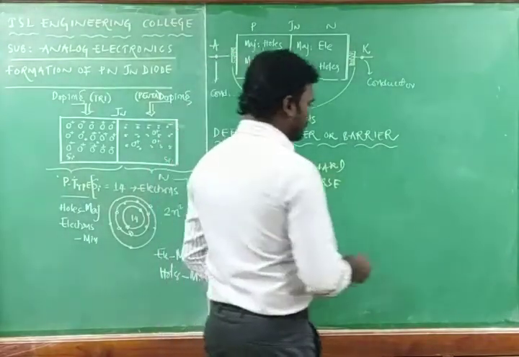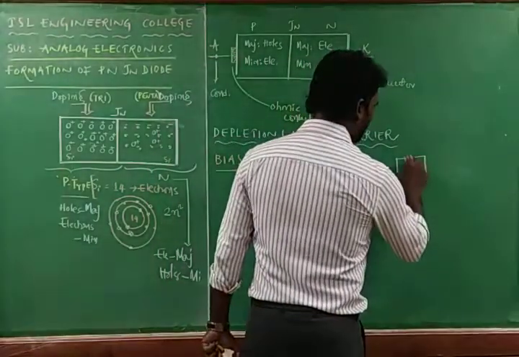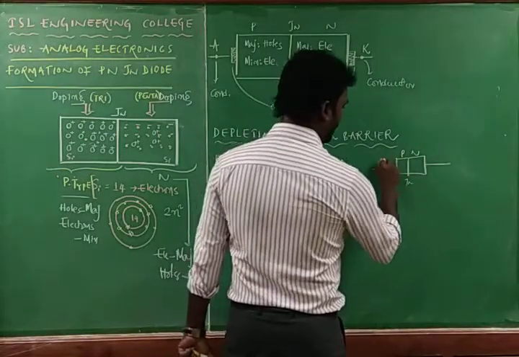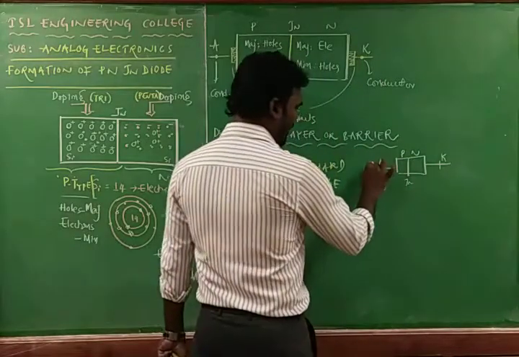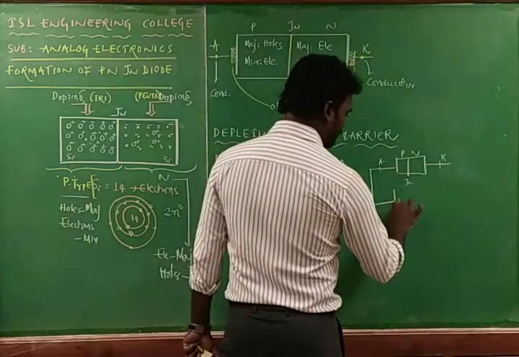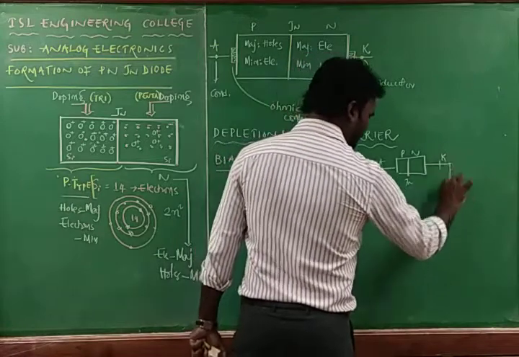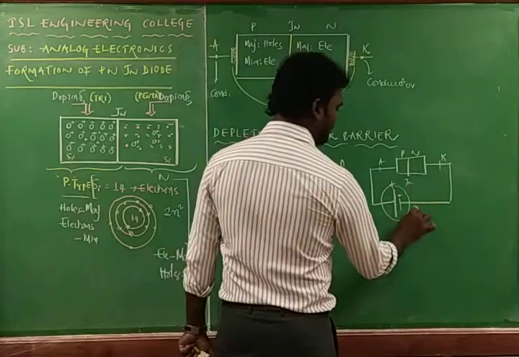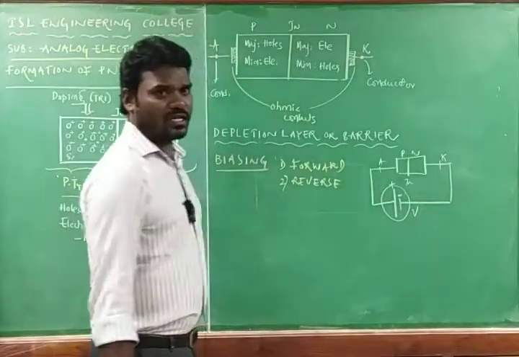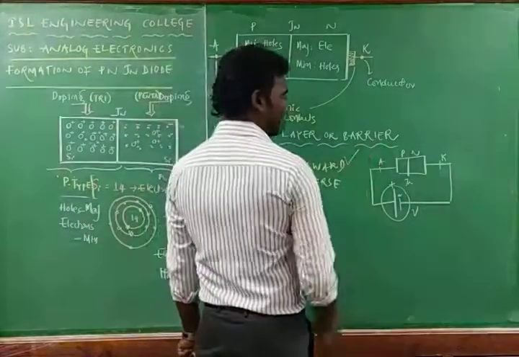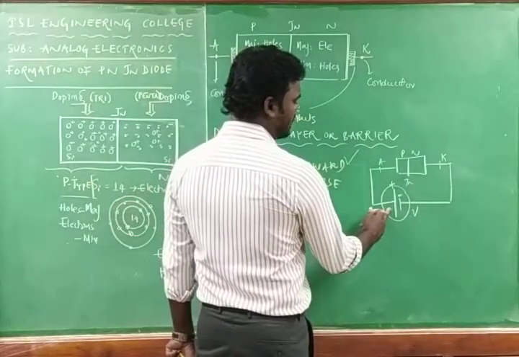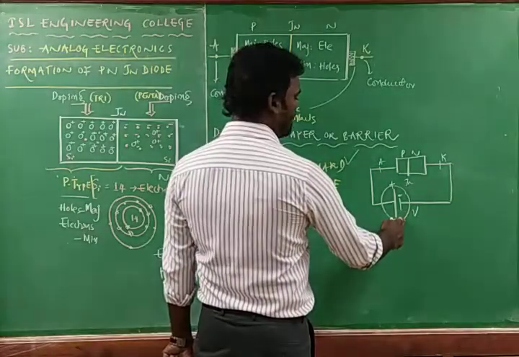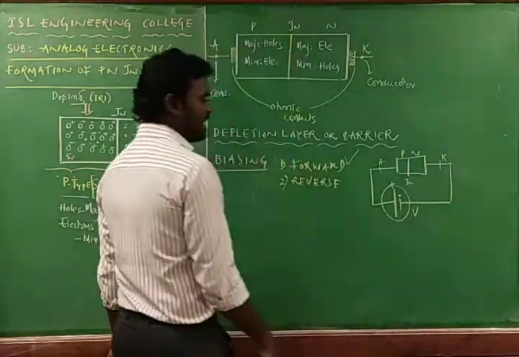In a simple manner I am explaining. This is a PN junction diode. Assume that this is P and N, it is a junction, and it has two electrodes, anode and cathode. This is anode and this is cathode. When the anode of the PN junction diode is connected to the positive and the cathode is connected to the negative terminal of the battery, this is nothing but a battery or voltage, so this biasing is named forward bias. Anode connected to the positive terminal and cathode connected to the negative terminal of the battery, then that biasing is named forward bias.